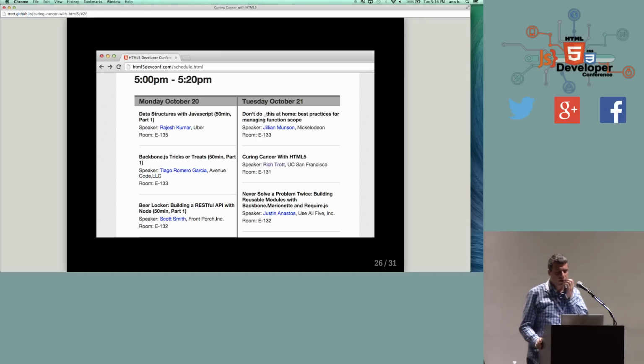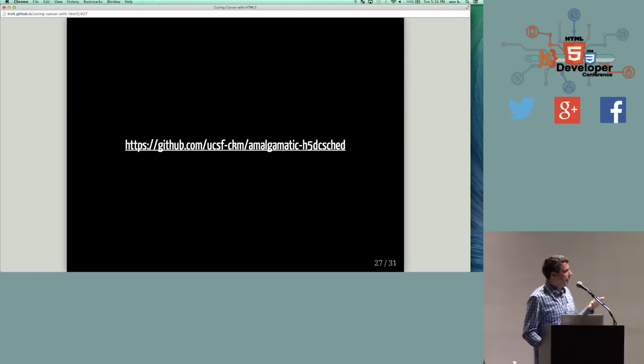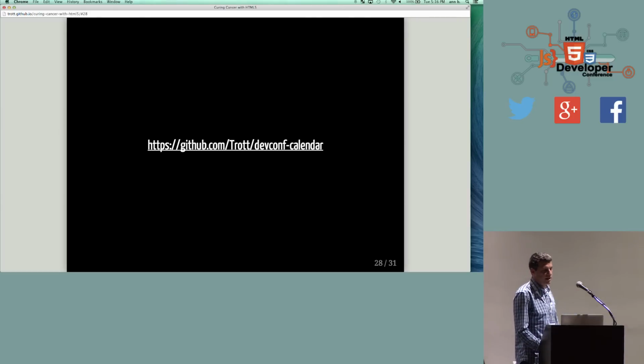And I thought to myself, if all the people complaining about the schedule would channel that effort towards fixing it, we'd be all set. So I went ahead and last night wrote an Amalgamatic plugin for the HTML5 DevConf schedule, and I gave it a horrible name, as you can see. And the code just does some straightforward HTML scraping. So after I wrote the plugin, I wrote a quick browserified page that just dumps all the content as